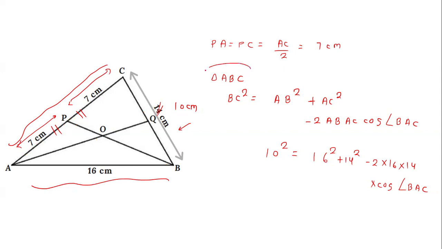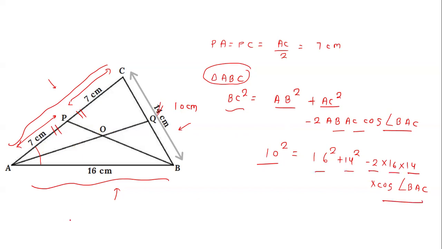So now you look at the triangle ABC. So you can write by the cosine rule BC square as AB square plus AC square minus 2 times AB, AC and cos of angle between these two arms, which is the angle A, this total angle A. So BC length is given as 10, so it will become like 10 square is equal to AB length is 16, 16 square plus 14 square minus 2 times 16 into 14 and cos of this angle.